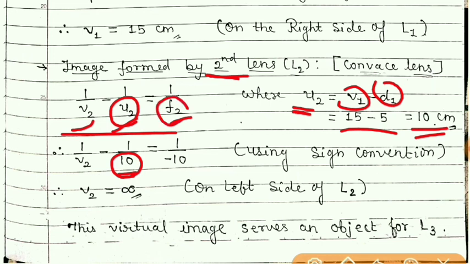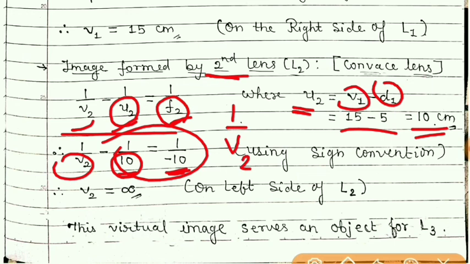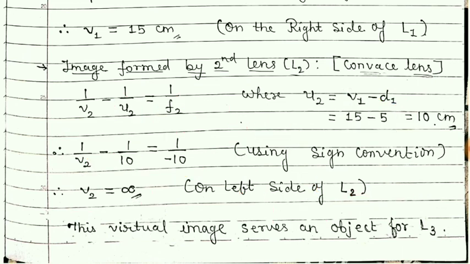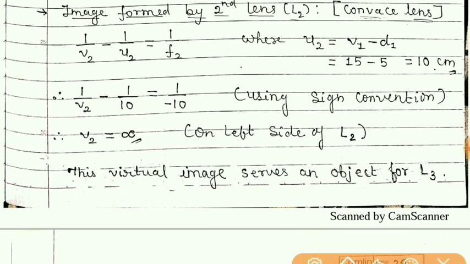Focal length for a concave lens is minus, so minus 10. Unknown is V2. When you calculate this, you will get 1/V2 is equal to 0, and so V2 is equal to 1 by 0, and anything by 0 is undefined or infinite. So V2 obtained is infinite, and it is towards the left side